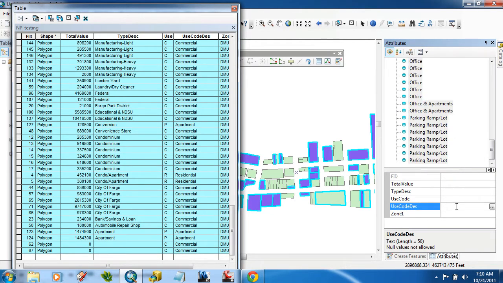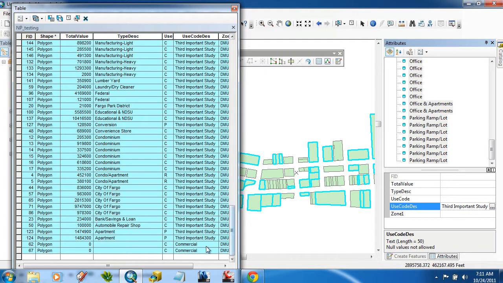Select description. What's next? Tertiary? Yeah. Third. There we go. Oops, and I got a couple stragglers in here. Let's make those